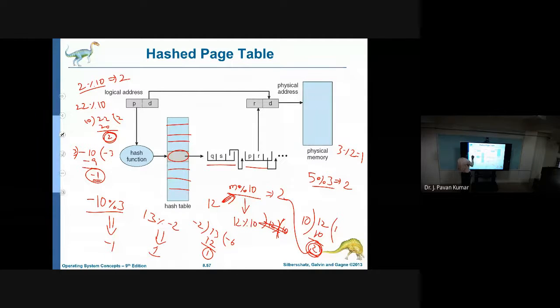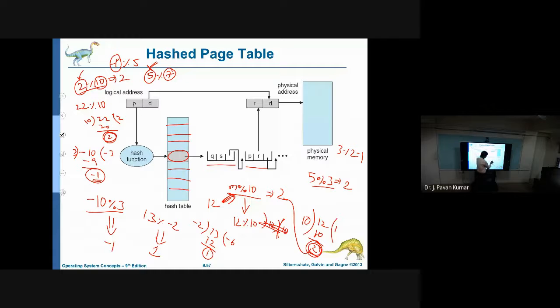In short, whenever the left side operand is less than the right side operand, that left operand is the result. 1 mod 5 is 1 only. Minus 1 mod 5 is minus 1 only. 5 mod 7 is 5 only.